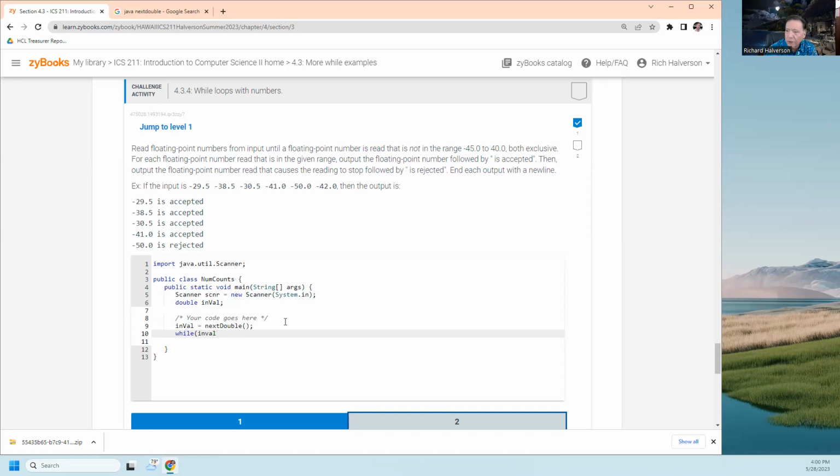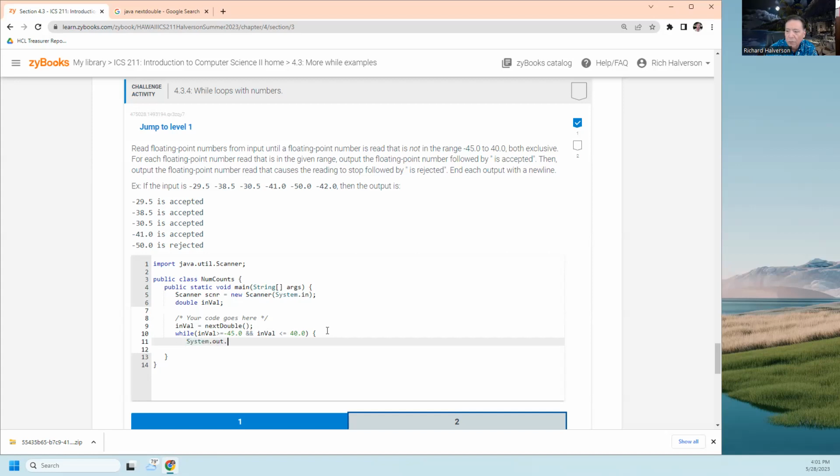So while it's in the range, so inside the range is greater than or equal to minus 45, and inval is capital V is less than or equal to 40.0. Okay, now this is a capital V here. While that's the case, then we print